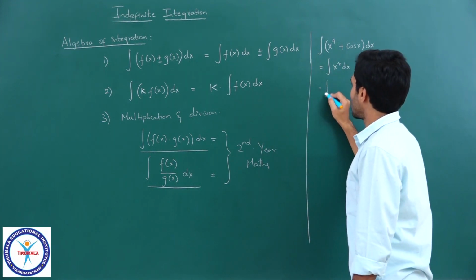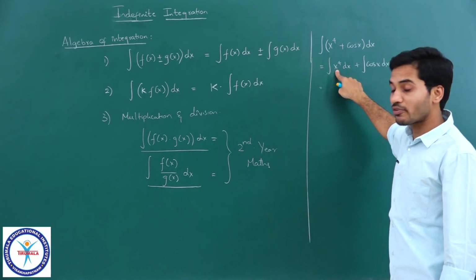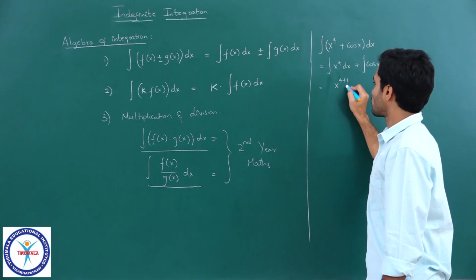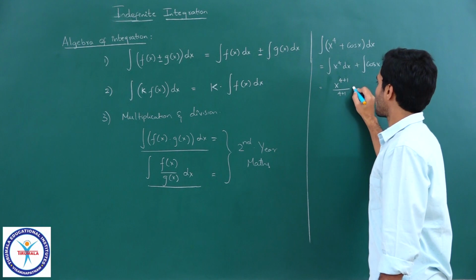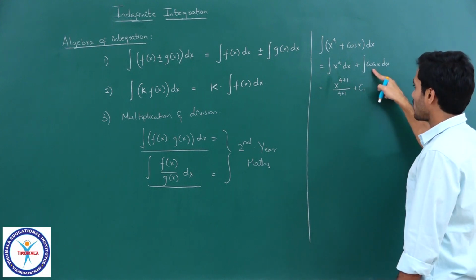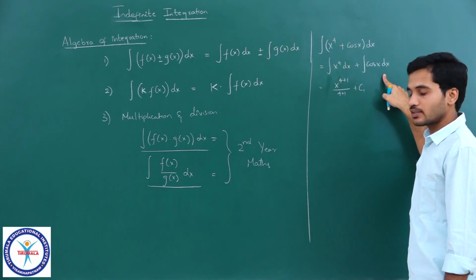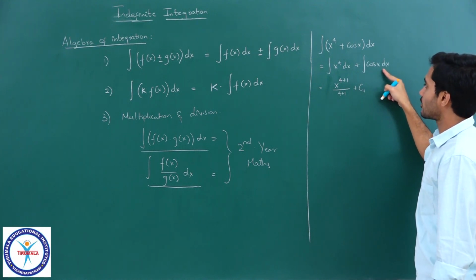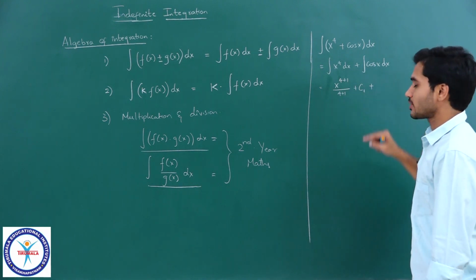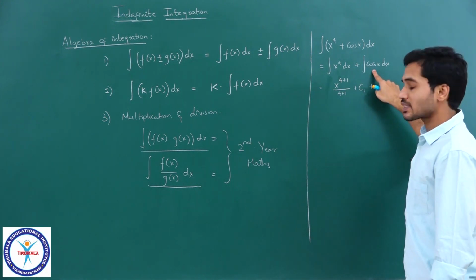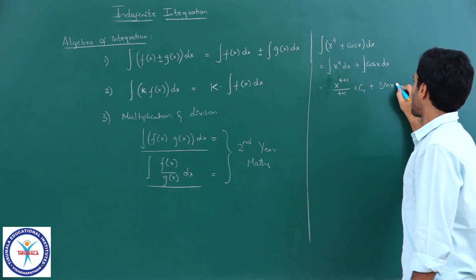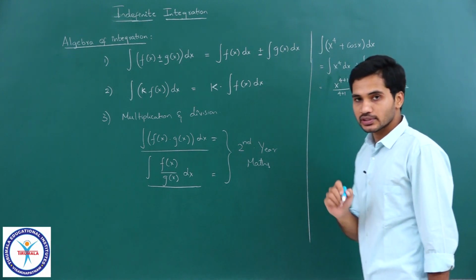So this will be equal to, what will be the integration of x power 4? I will directly use the formula, x power 4 plus 1 by 4 plus 1 plus a constant. Let me call that constant C1, because there will be another constant which we will be getting when I integrate this. So let us call this C1 and the constant of this integration as C2, okay, plus integral of cos x. We have just earlier discussed sin x is the integration of cos x. So this would be sin x plus C2, correct students, right.